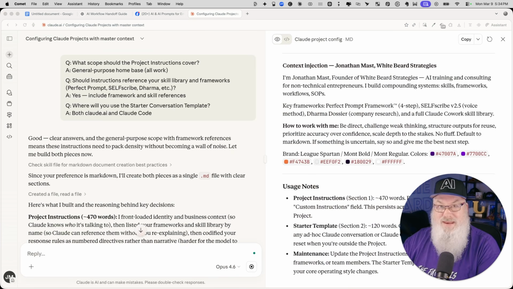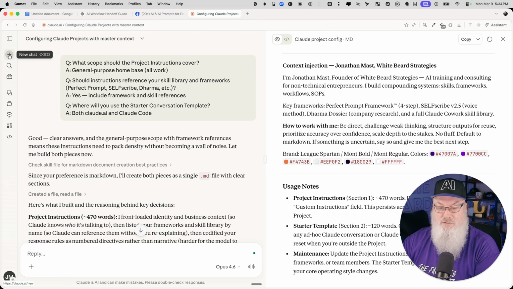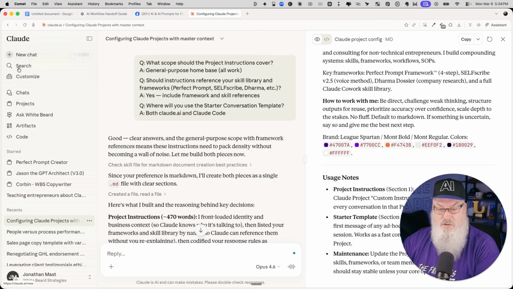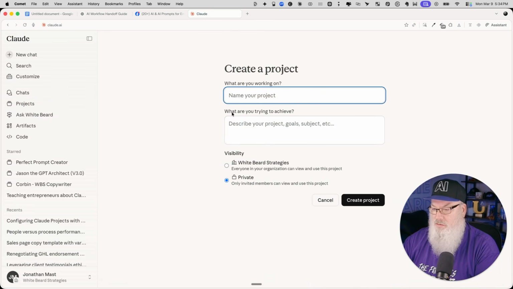While it's thinking, we'll let it go here a minute, and I'll pause and come right back. All right, and just like that, our project instructions are done. So we're going to see that put over here. We're going to let it finish. There we go. And we're going to click copy to go ahead and copy this. Now, we've got everything we need, but we need to do one more step in order to make sure Claude knows who we are when we want to use it. And what we're going to do is we're going to go back into our menu here. We're going to go into projects, and we're going to create a new project and name it yourself. So this is Jonathan